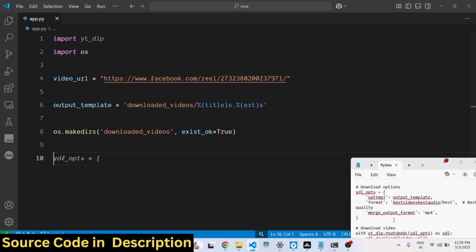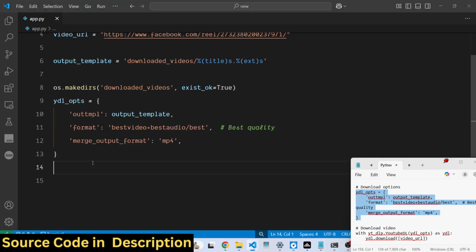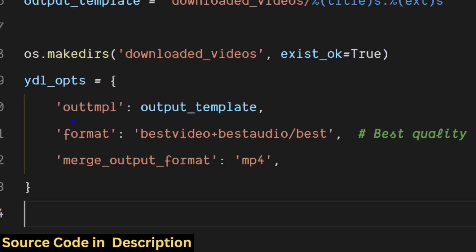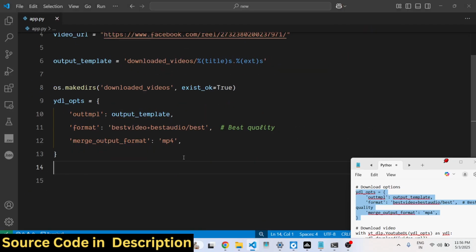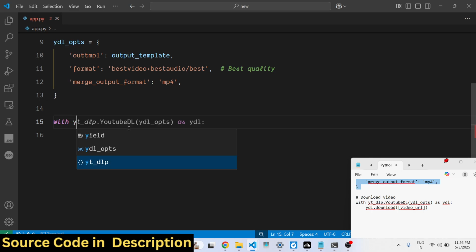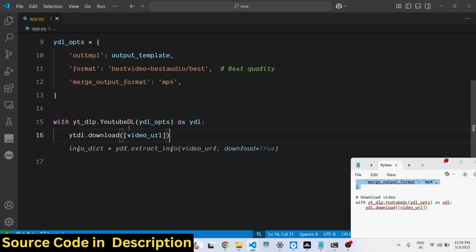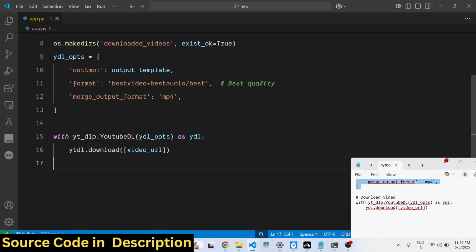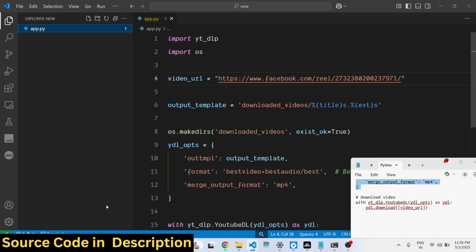After creating the directory, here we specify the options. Here you can control the quality of the video as well. Inside this JSON object we have three options: first of all the output template, then the format of the video, and then the MP4 extension. So we want the MP4 video. After that, we actually call the function inside this module, ydl.download, and here we specify the video URL. So that's all. This is actually the Python script guys, and if I run this script now,